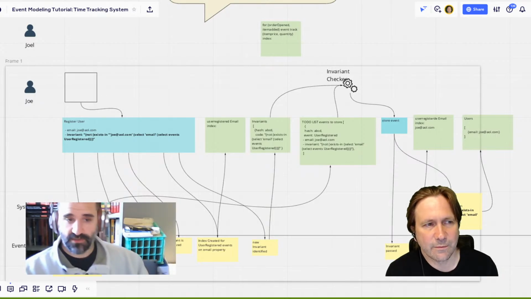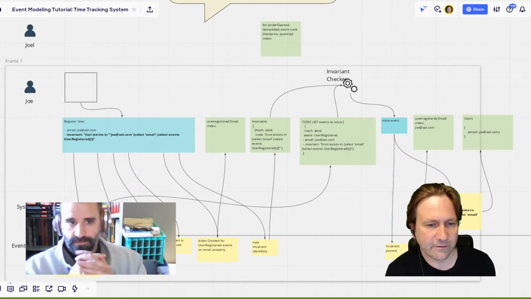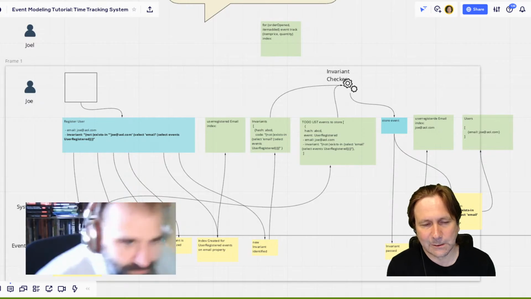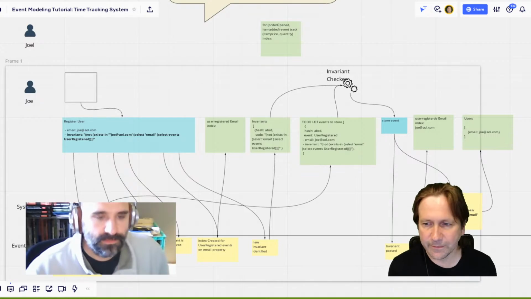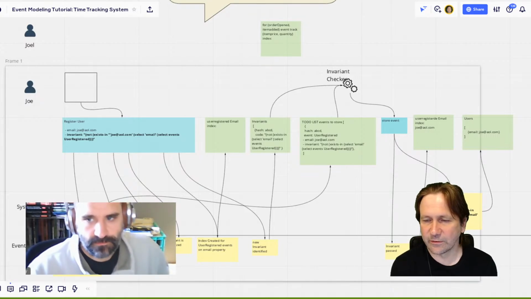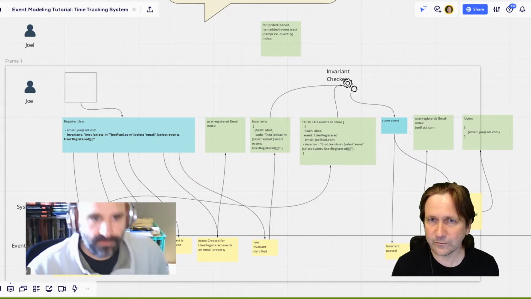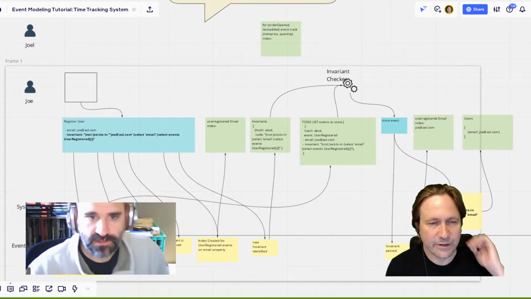Well, let's say we drop that invariant in our next version of the system. That would just be a blank field. And those are the events that will get stored. The invariant is like a no-op. And we just accept register user, and we don't care if there's more. I follow. Okay. Yeah, so that would be kind of cool.